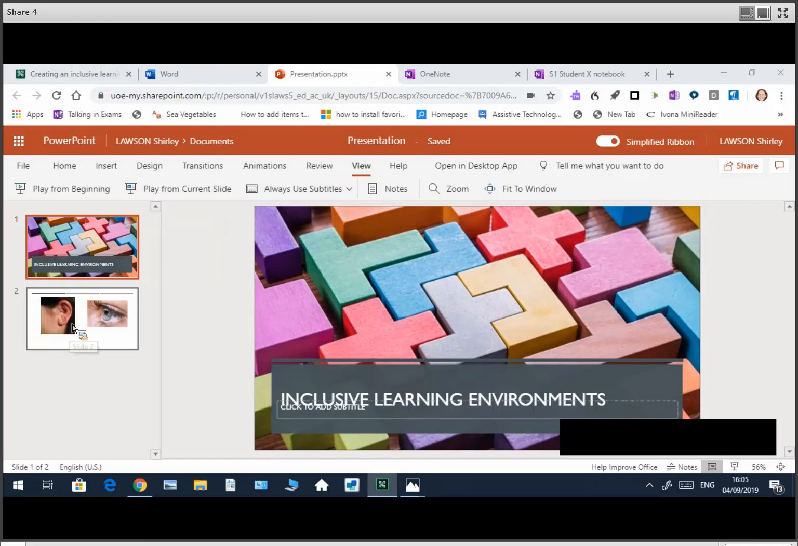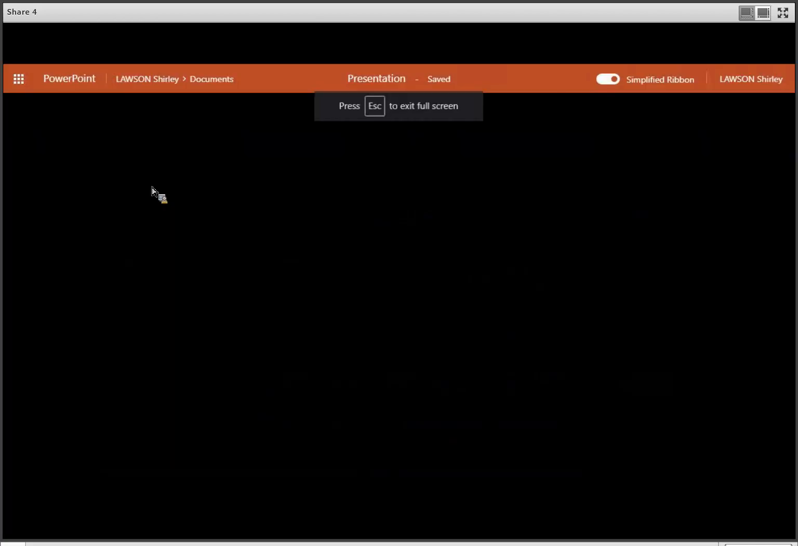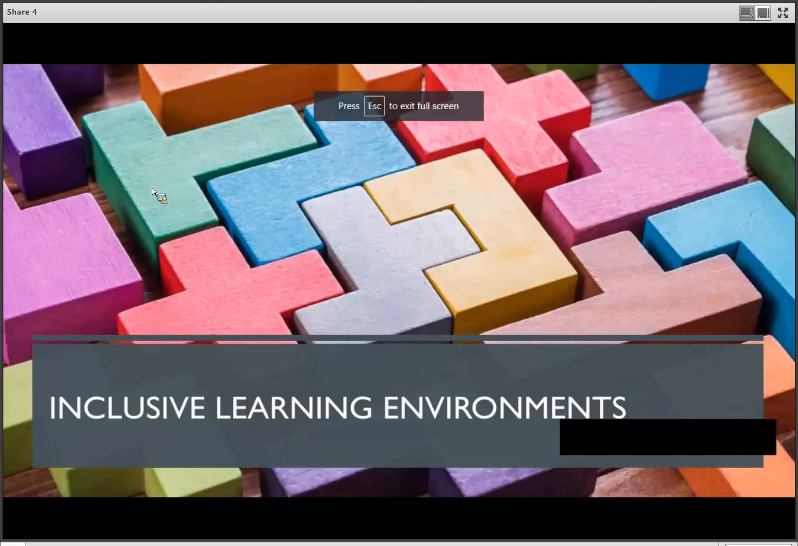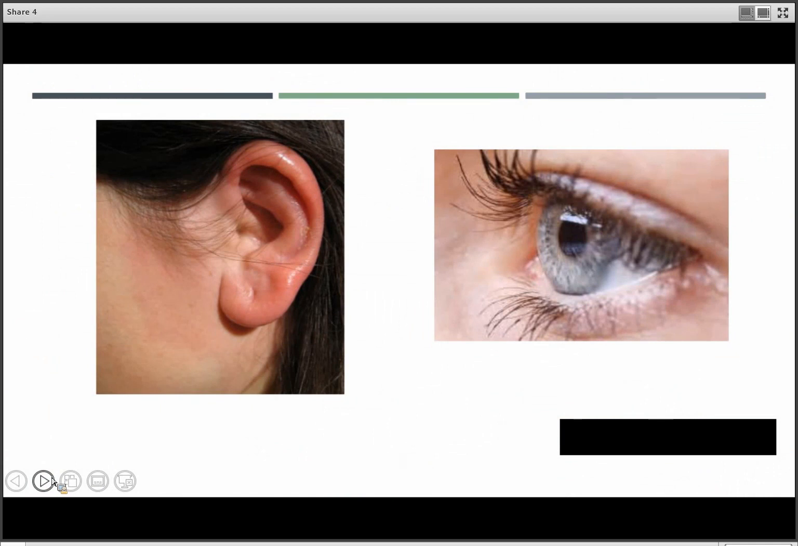So just clicking onto the slide there, all I have to do is play from the current slide, click through to the next slide. So thinking of somebody who's perhaps got a hearing impairment and we're needing to use the closed caption, I've got a USB microphone in here, and I'm just going to click on the little icon at the bottom here which says use subtitles. So if I click on there,